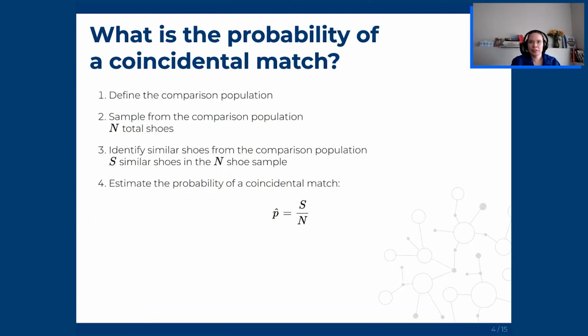Now, statistically, this is a pretty simple calculation, right? We define the comparison population, the population of people who could have made that print. I live in Lincoln, Nebraska, so let's say all of the individuals that live in Lincoln. Then we sample from that comparison population to see what shoes the people in